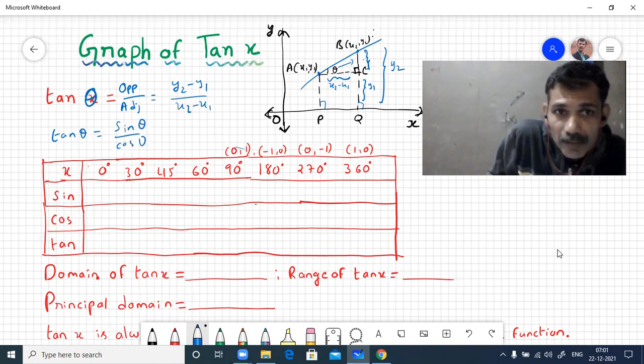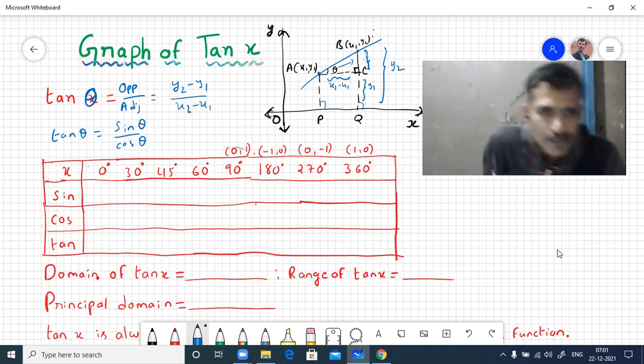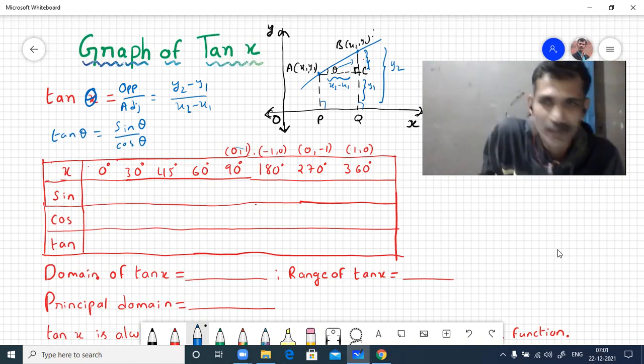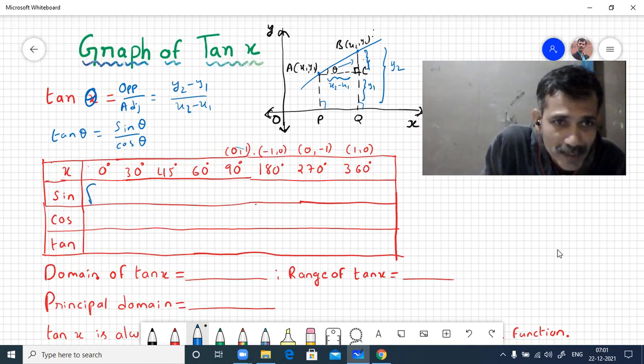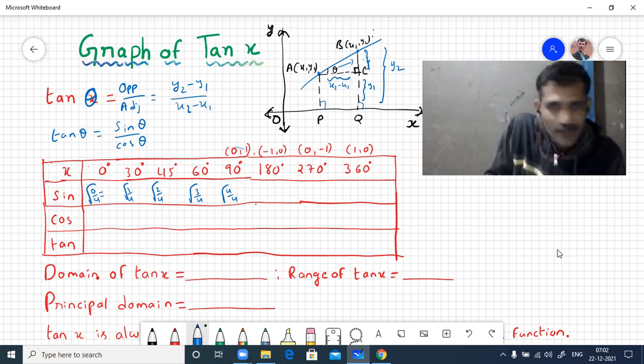We'll find trigonometric ratio values for some angles, 0 degrees onwards. I'll tell a shortcut to remember this. It will help you in public exams. You can write 0 by root 0 by 4, you write this one root 1 by 4, this one root 2 upon 4, this one square root of 3 upon 4, square root of 4 upon 4. Okay, up to 90 it will work.